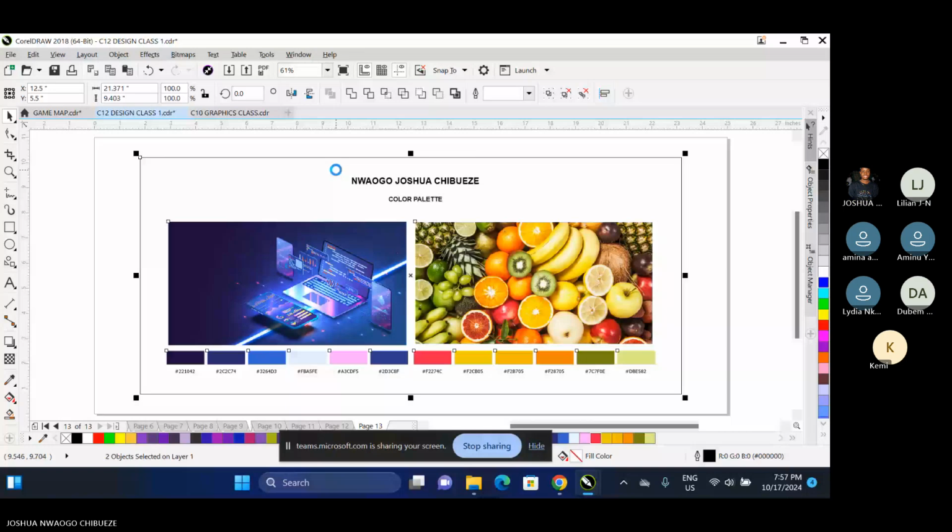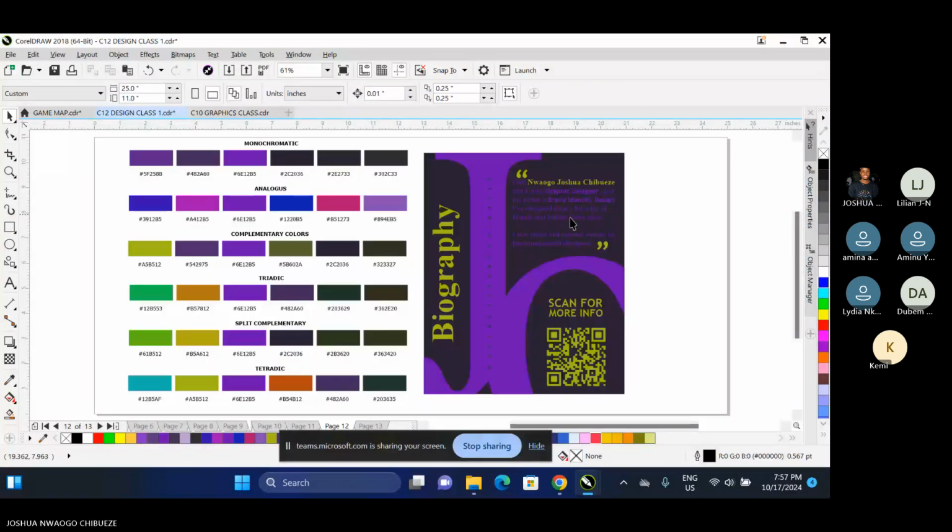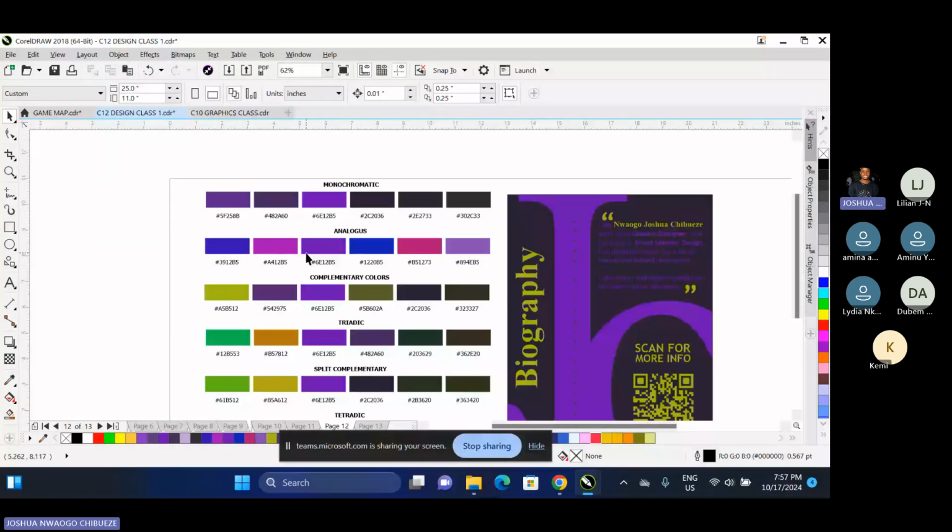Then this poster that we did, you're going to create